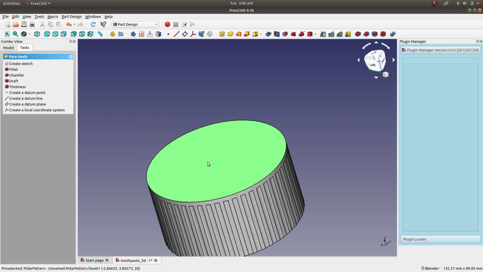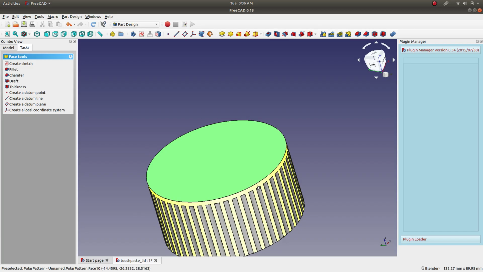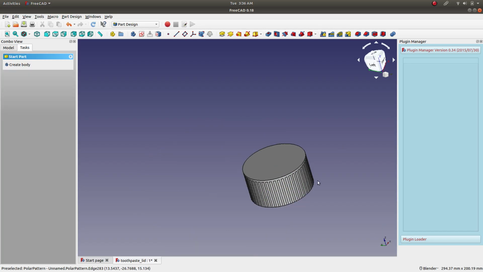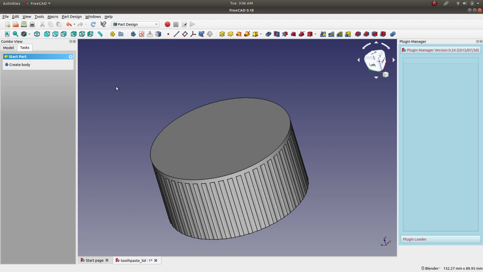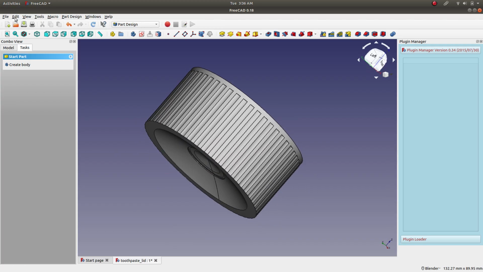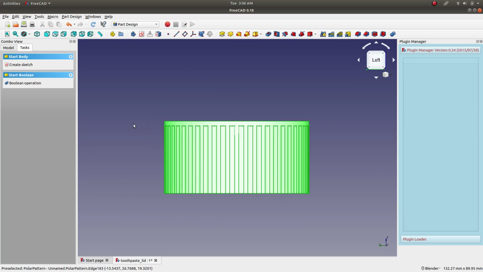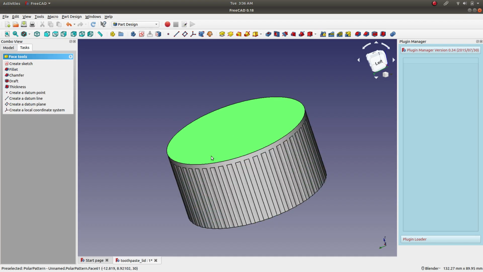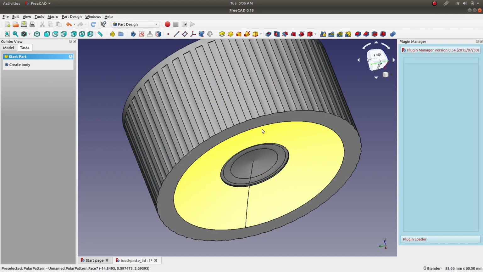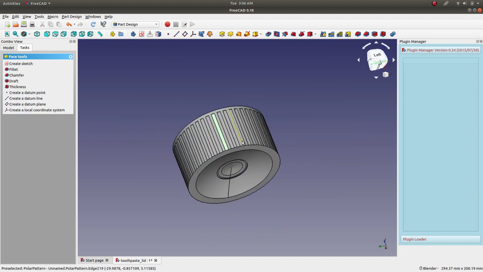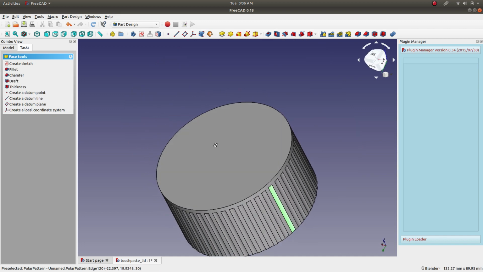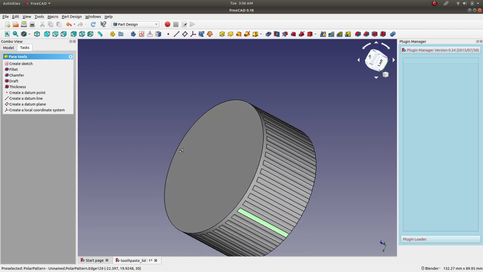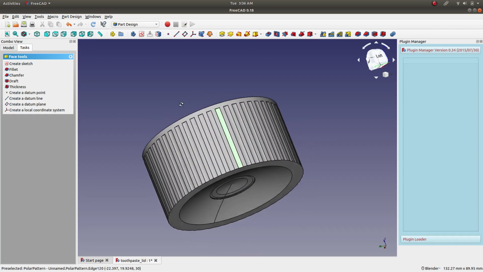It's again it doesn't select the way it should be selecting. I can't really deselect this face. Because what I was thinking,